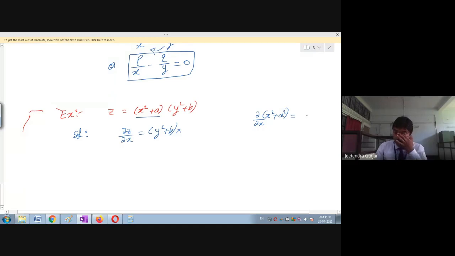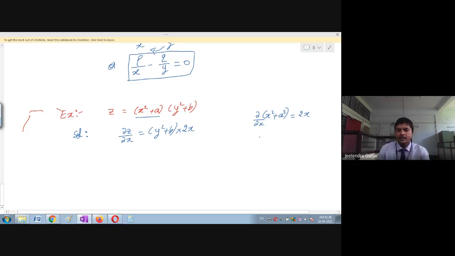So first I will differentiate this x square, it is 2x, right? And we will be keeping these terms as it is. That is how we will write. Okay, 2x. And a square is constant, therefore it is 0. So therefore this is 2x. Am I right?